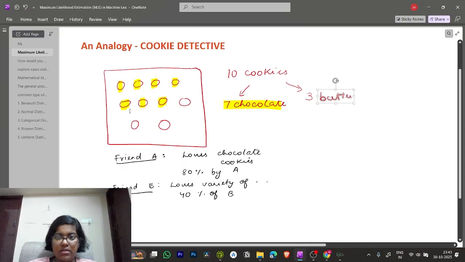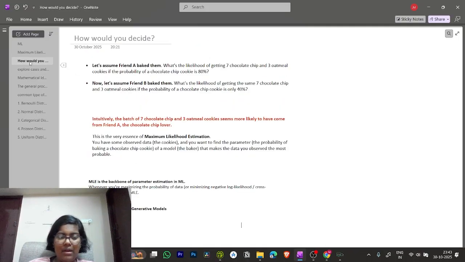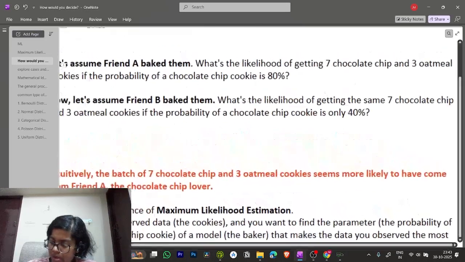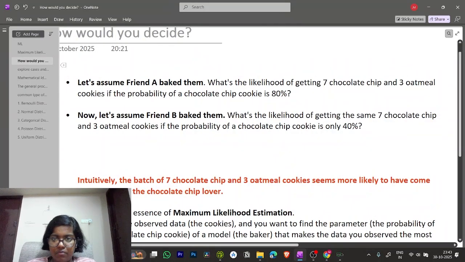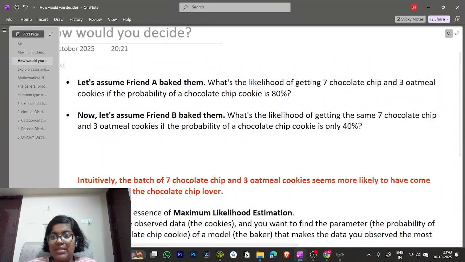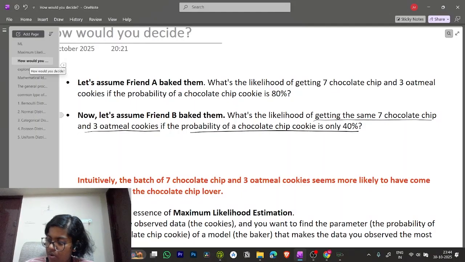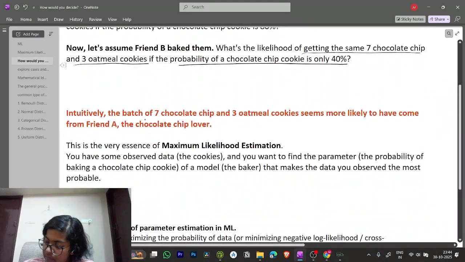So let us start with the analysis of the mathematical part. Before the mathematical part, let us go step by step. Let's assume that friend A baked them. What is the likelihood of getting 7 chocolate chip cookies and 3 oatmeal cookies if the probability is 80%? Yes, that's the question. And let's assume B baked it. What is the likelihood of getting the same 7 chocolate chip cookies and 3 oatmeal cookies with a probability of chocolate chip cookie of only 40%? Intuitively, the batch of 7 chocolate cookies and 3 oatmeal cookies seems more likely